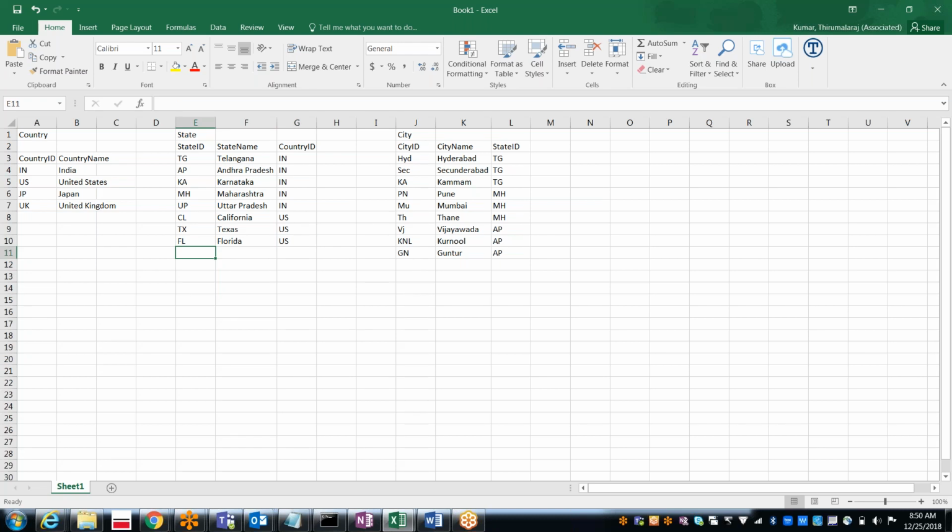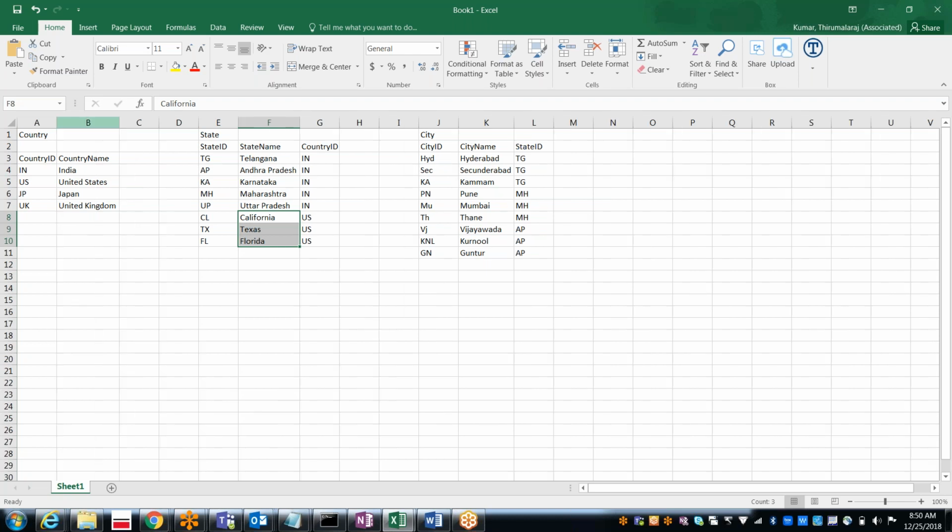So in case in the country you select US, with the US it is having these three states, so it will load like this. You should have some reference column. The country ID is the reference in the states table, and the state ID is the reference in the cities table. Got it, right? Now we would like to have the drop downs.